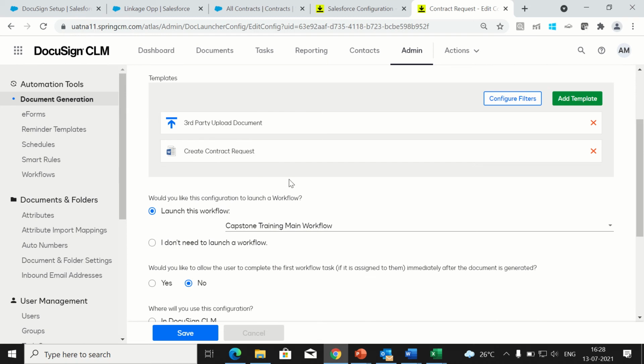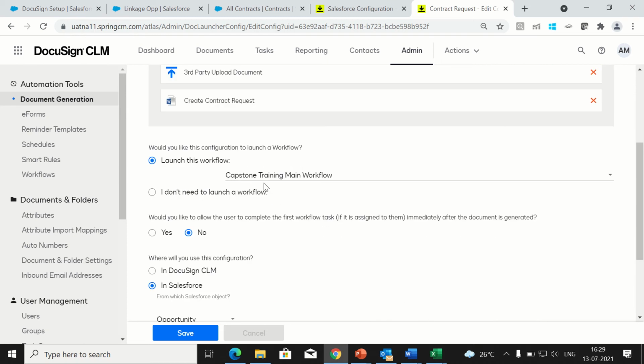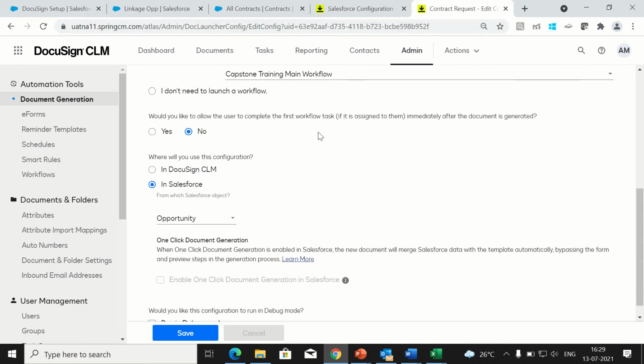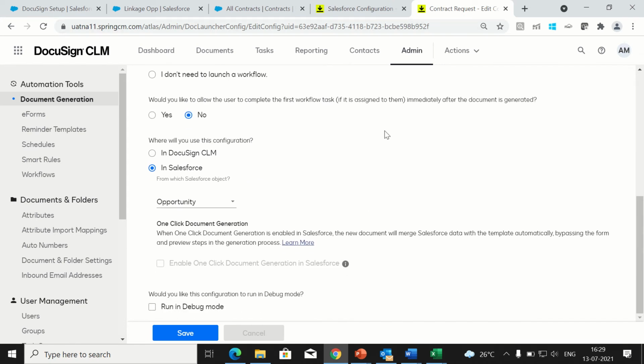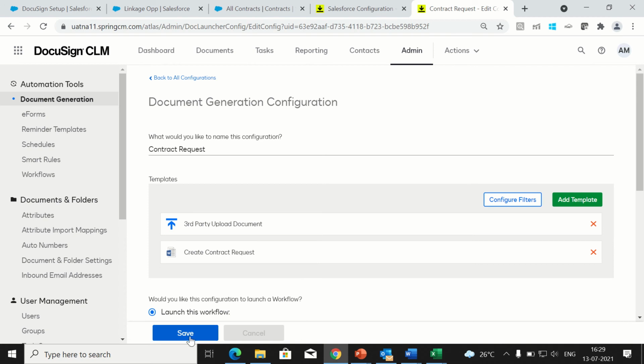So these two options are given, and it will launch the capstone training main workflow, which will start the automation process once the request document is created. The created document will be stored in the opportunity folder for now, and then there will be a separate create folder structure workflow to reorganize the folders where the generated document is stored.